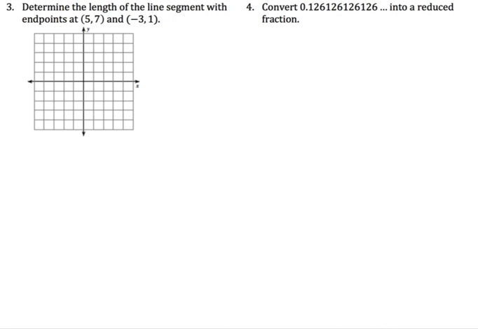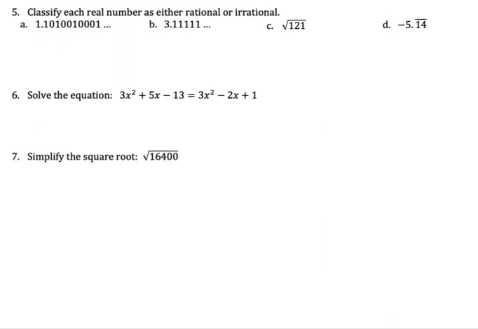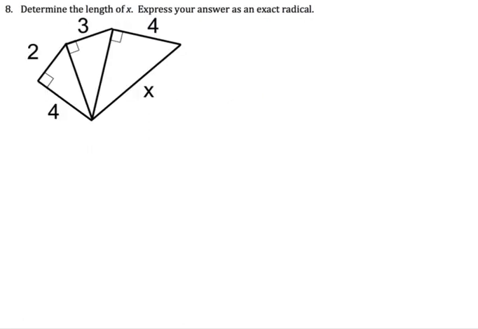Number 4 is a review of finding a fraction from a decimal, changing a decimal to a fraction. Number 5, tell me which number set that belongs to. 6 is solving an equation with squares this time. Number 7 is simplifying a square root, but it's a big number on the inside. And on number 8,